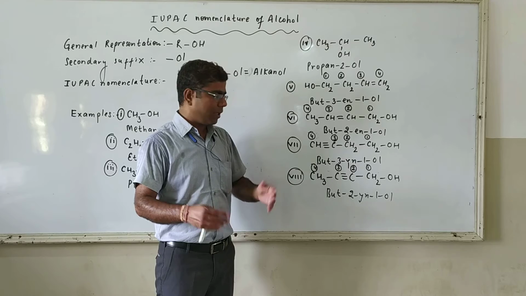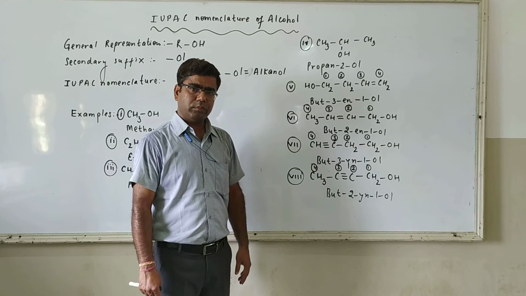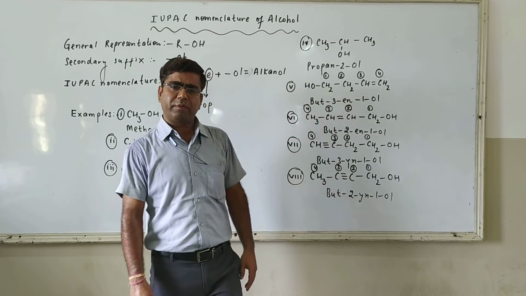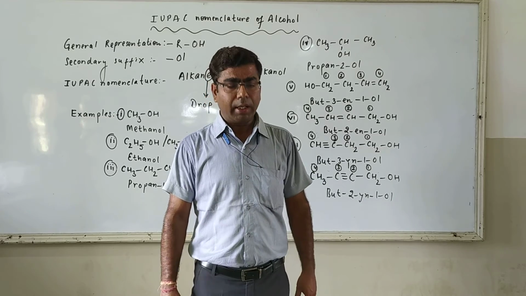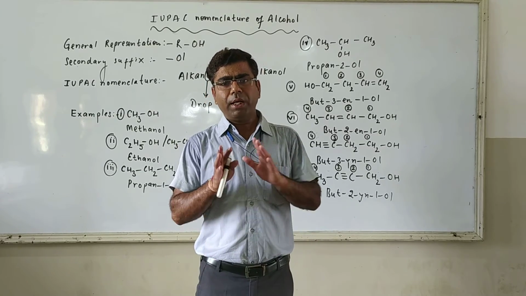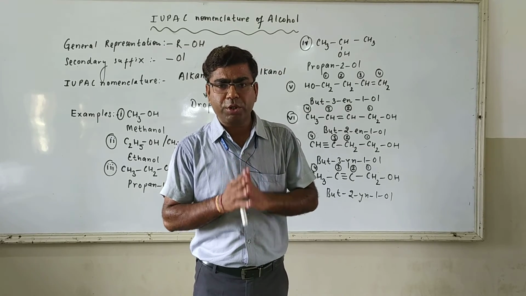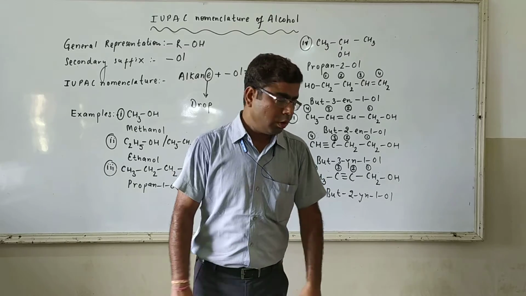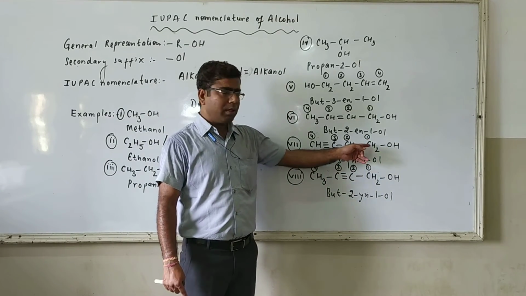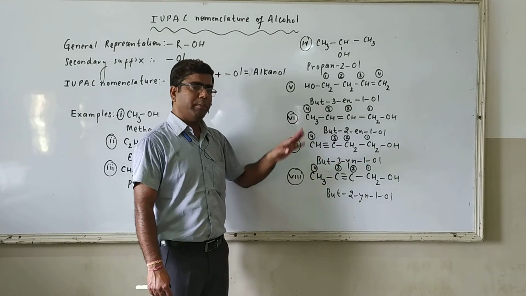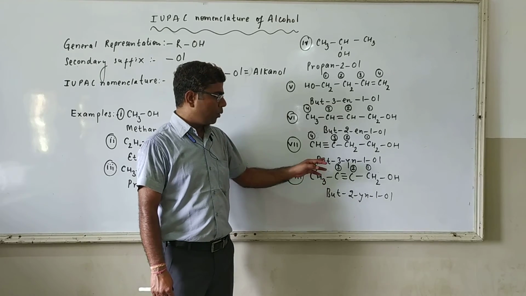Now let us make a change. Now we are taking a triple bond. For a triple bond we use the primary suffix "yne", and for the OH group we use the secondary suffix "ol". Again, according to the IUPAC rule, priority will be given to the OH group, means we will assign the lowest position to the alcohol group. So we will start our counting from the right hand side. It will be carbon number 1, carbon number 2, carbon number 3 and carbon number 4. For 4 carbons, the word root used is "but".